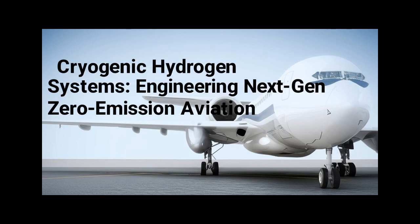Despite these hurdles, the momentum is undeniable. Cryogenic hydrogen systems are a cornerstone of aviation's dream of a zero-emission future. The engineering brilliance being poured into this field is paving the way for aircraft that will not only carry us across the globe, but also carry the promise of a cleaner planet. We'll likely see these technologies appear first on regional aircraft, then gradually expand. The goal of having the first hydrogen commercial aircraft in service by 2035 is a powerful driver for all this intensive research. It's an exciting time, and we're looking at a future where the only thing our planes leave behind